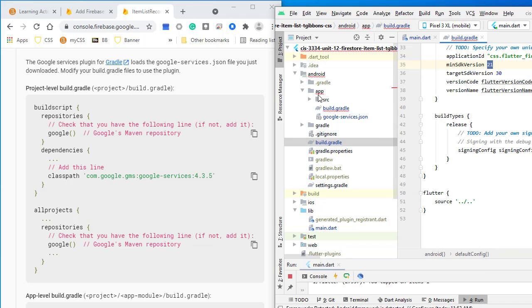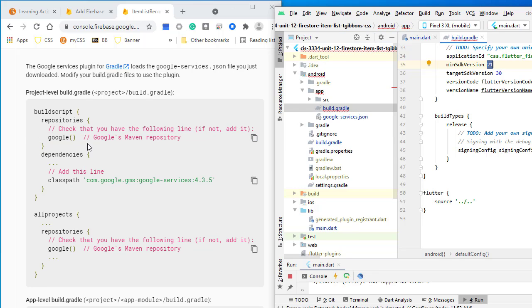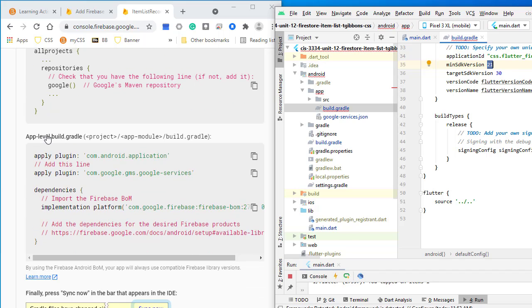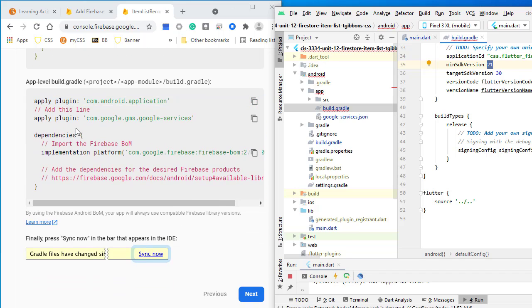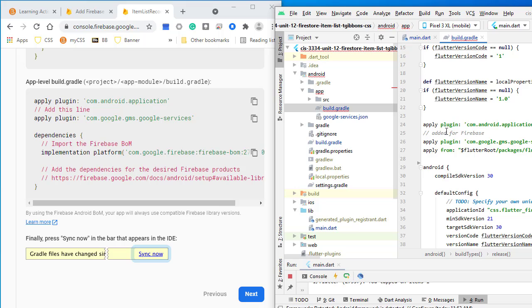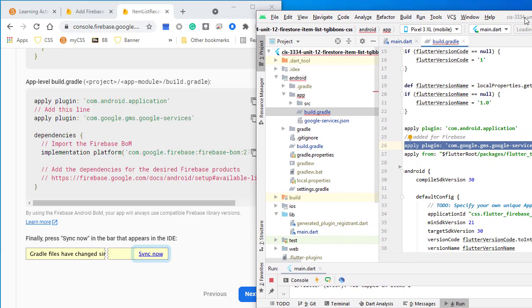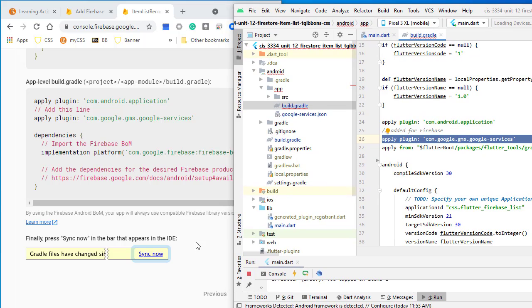Now, we want to look inside the app folder, and there's another build.gradle file. That's this one, and then we're going to make some changes. So this is the project level one. This is the app level one. We want to add this plugin for Google Services, so we want to copy that. And again, go up here for the plugins. Here was the Android one. There's actually one for Flutter here too. And we want to add this Google Services one. So we're just going to copy it from here and paste it in here for us. Okay, and then